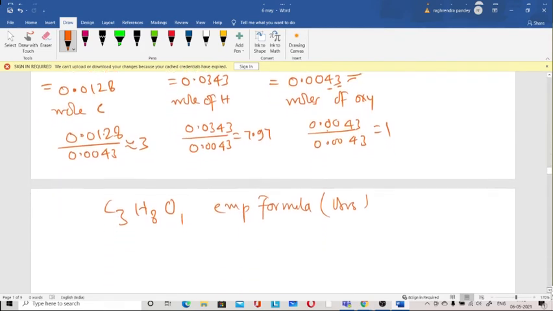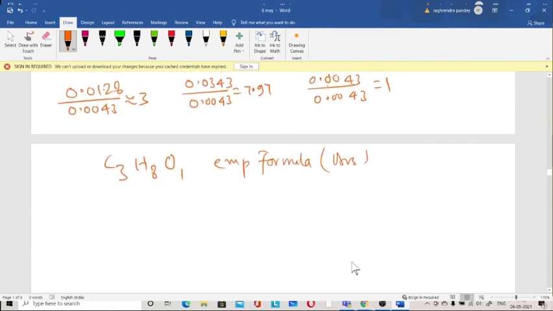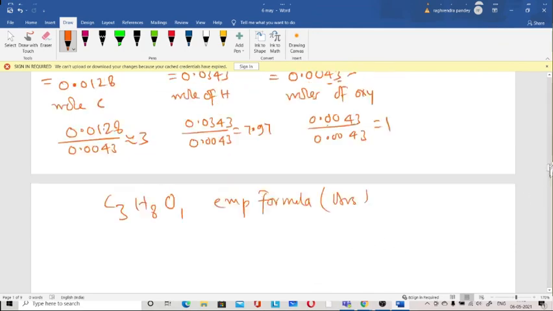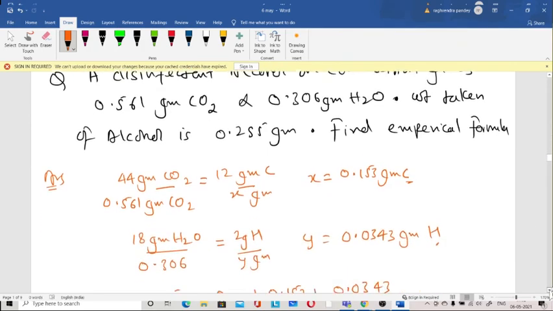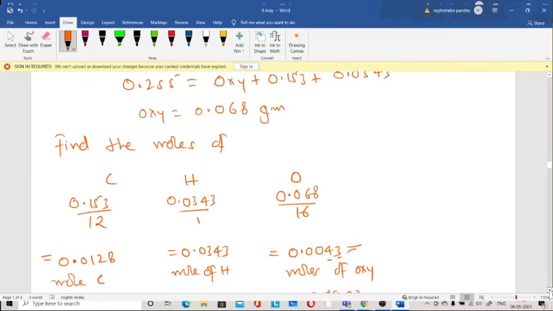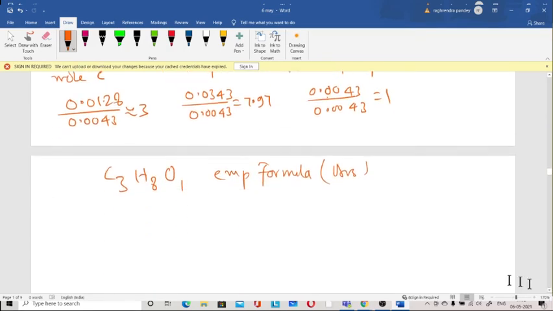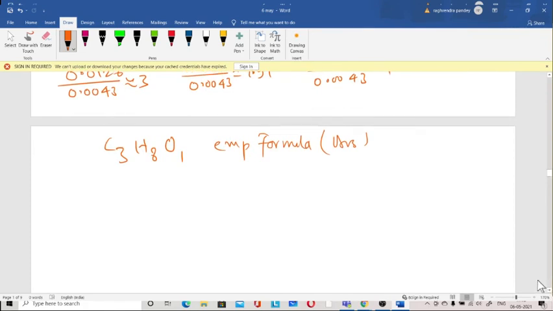Okay, there are not many questions regarding the empirical formula. You will get questions based on combustion, that has the higher probability. Direct questions on empirical formula they don't ask now, because you have already learned it in ninth class, and that is also an easy topic. Okay, this is done for empirical formula and all that.